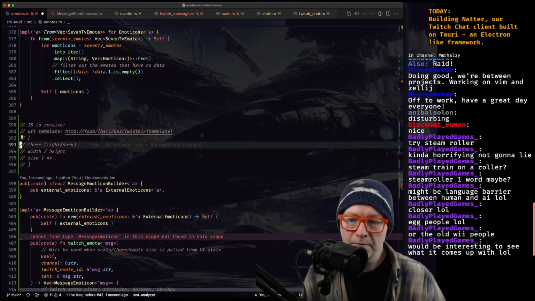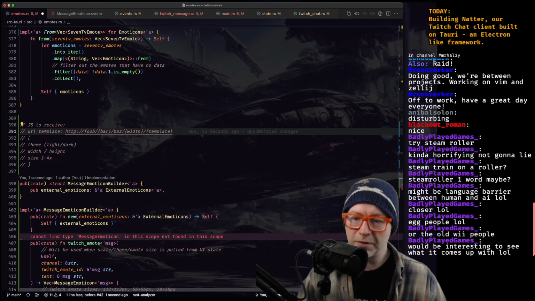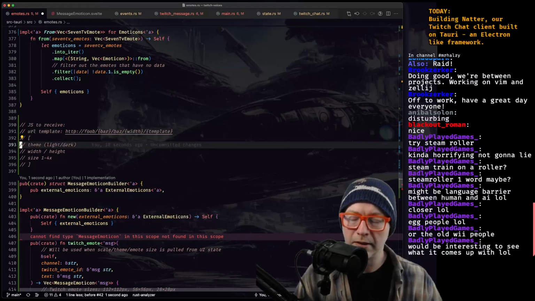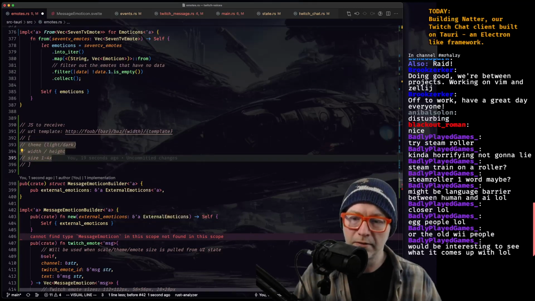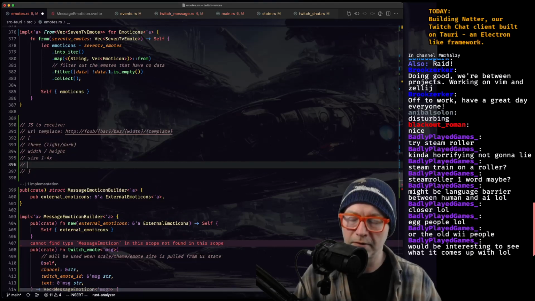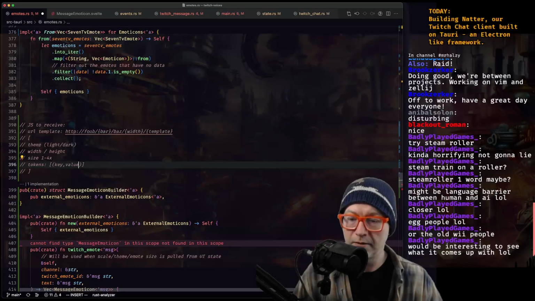I like this because we can put as much as we can into the URL and then provide something other, like tokens. What would be the benefit of having tokens versus URLs? Right, we could have a series of tokens. That would be an array of key value pairs. Right.